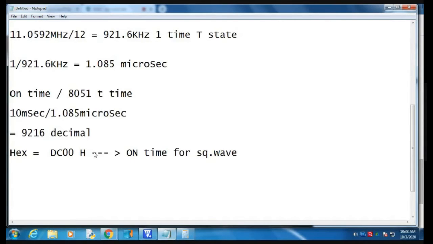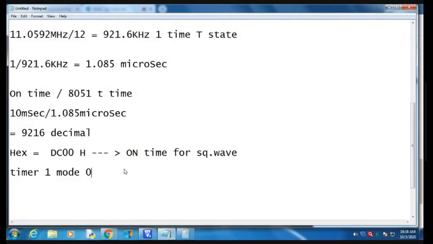Now we use the timer, which is timer 1. We use timer 1 in mode 0.